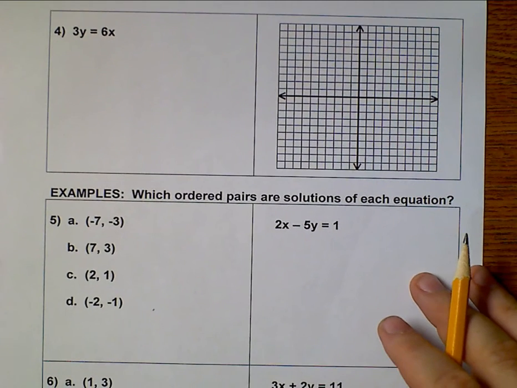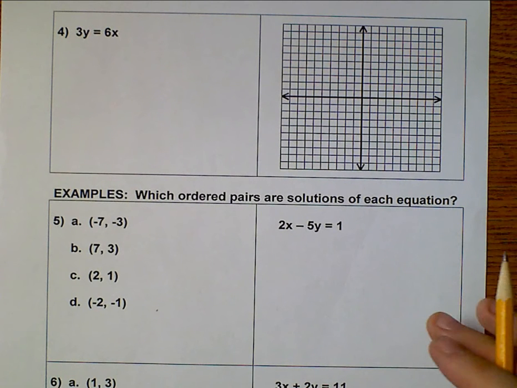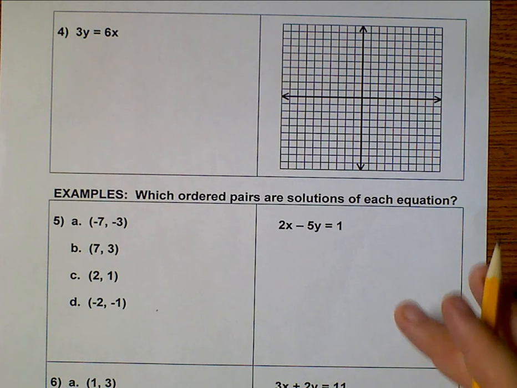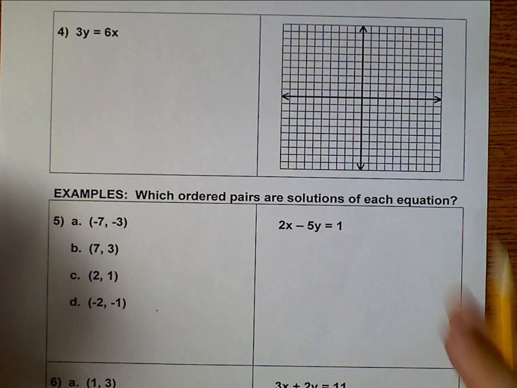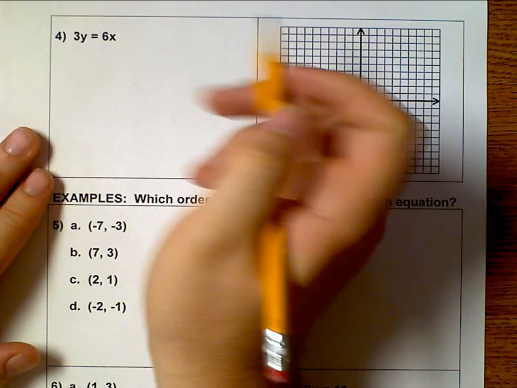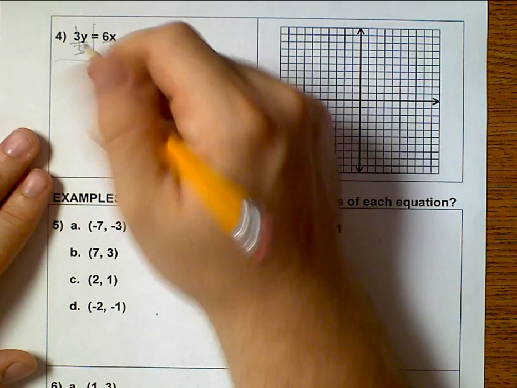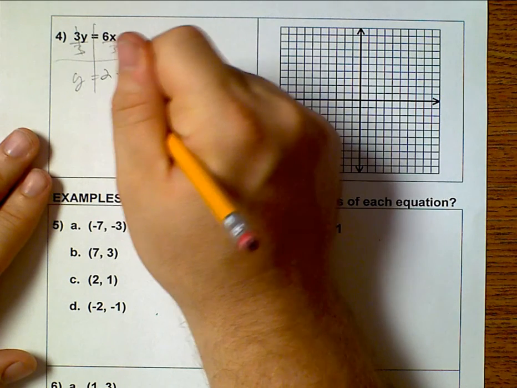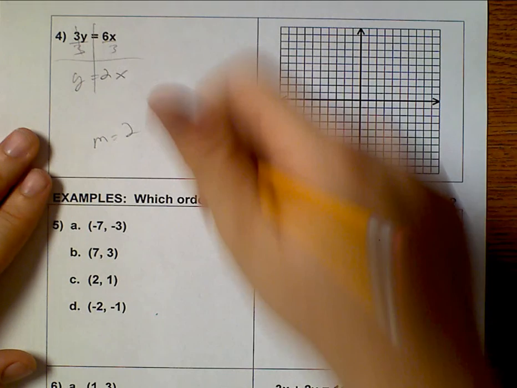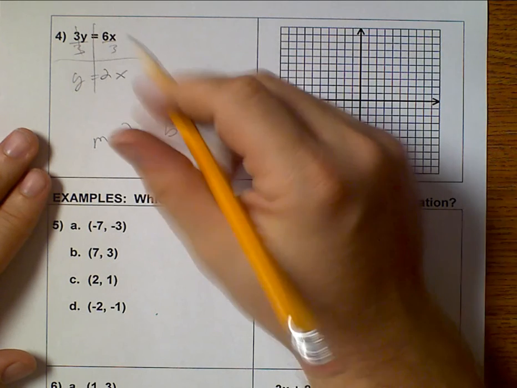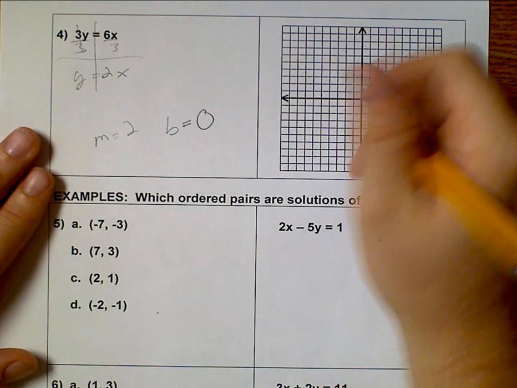Now, this looks different. I don't have a plus over here. My x is already on the other side. So even though this looks very different, it's actually much easier. What I need to do is just get the y by itself. So I'm going to divide both sides by 3, and I get y equals 2x. So my m is 2, and my b, because it's not adding anything, must be 0. So I get to start at the origin,